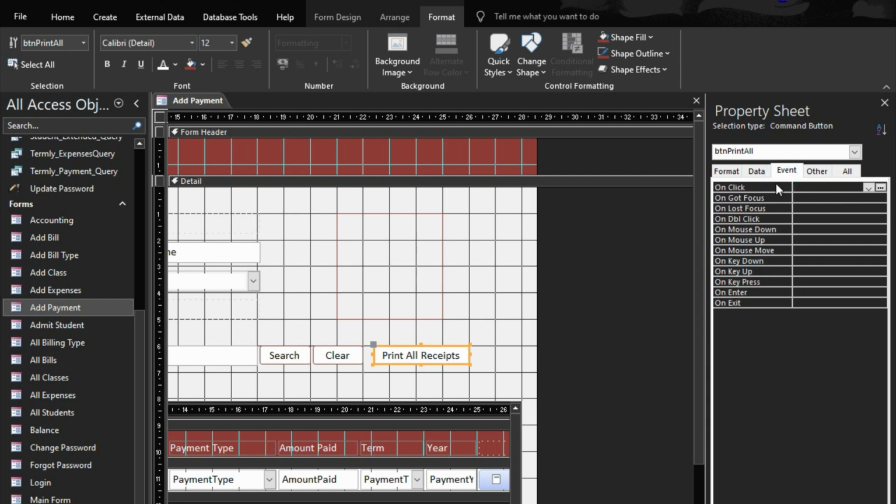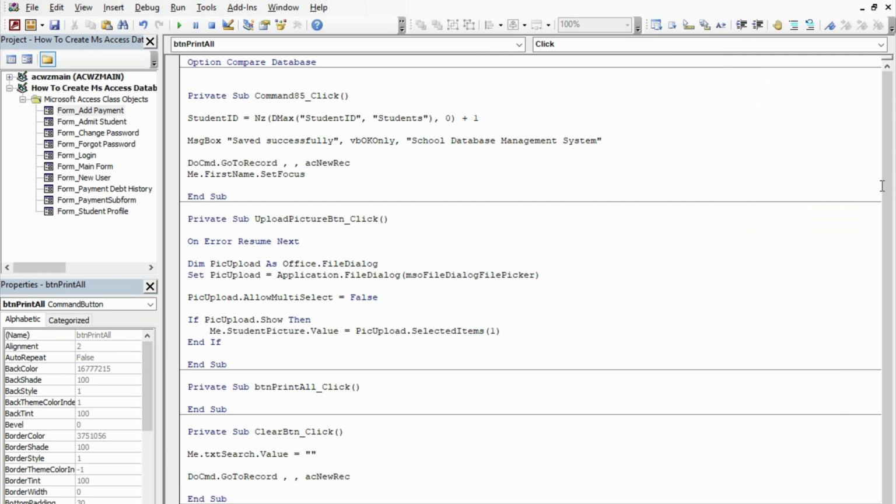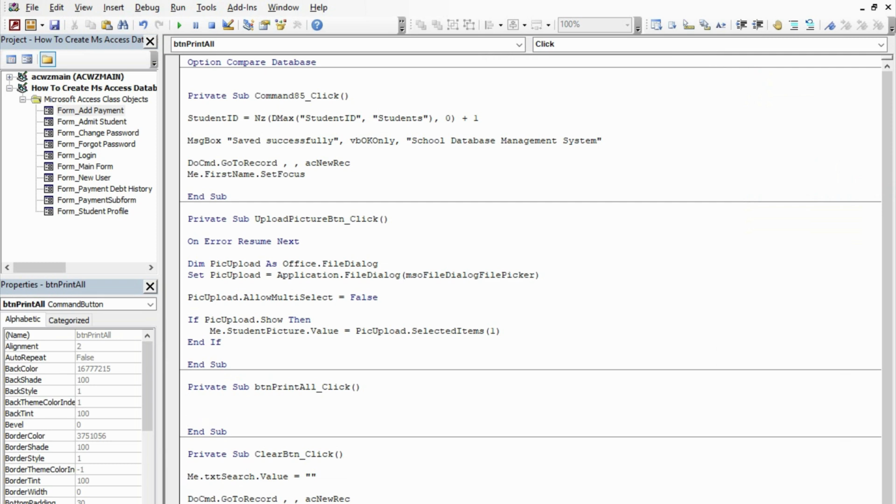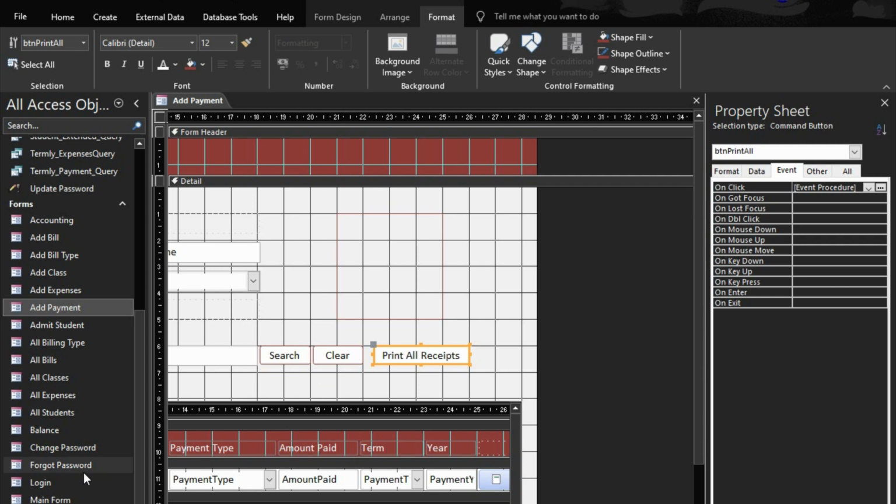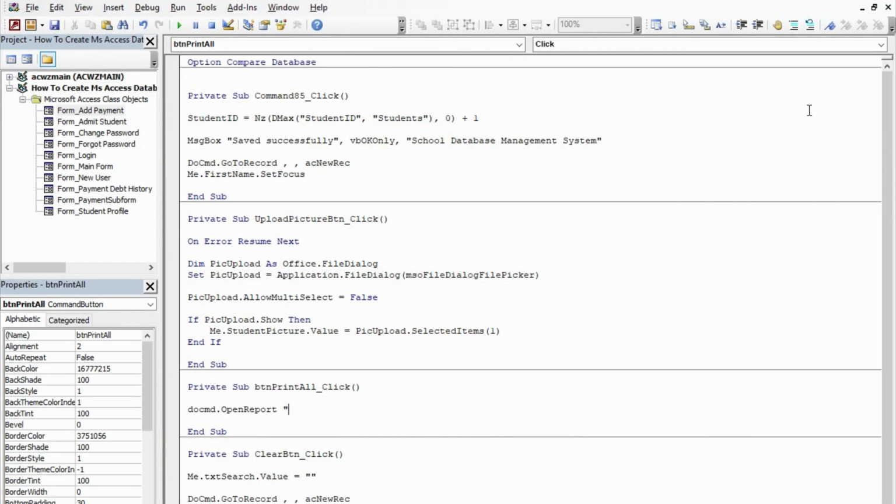Come to event, double click on click here, then this one is going to be do cmd. This one is just like the previous one, the same code. Do cmd open report, then what is the name of the report? Let's check the name. All reports. So the name is all reports,